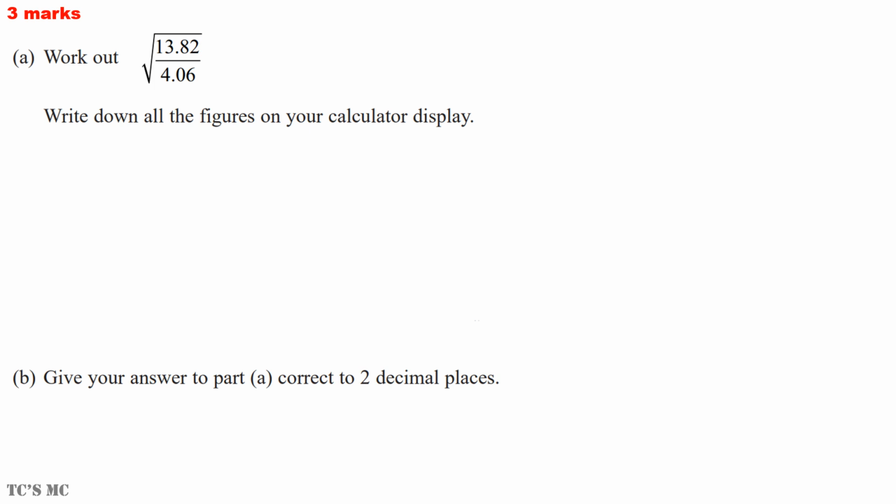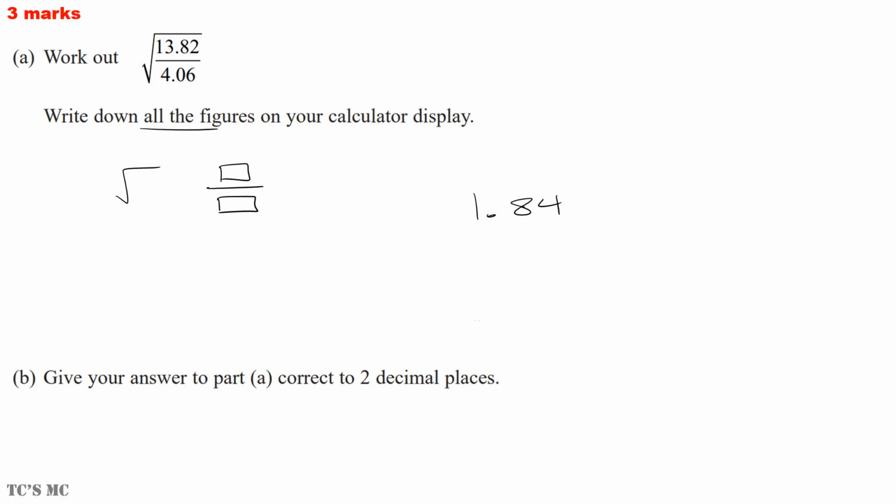Part A. Work out the following. Write down all the figures on your calculator display. If you have a Casio calculator, first type in the square root button and then the fraction button. For the numerator, type it in as 13.82, and for the denominator, type it in as 4.06. When you press equals, your answer should be